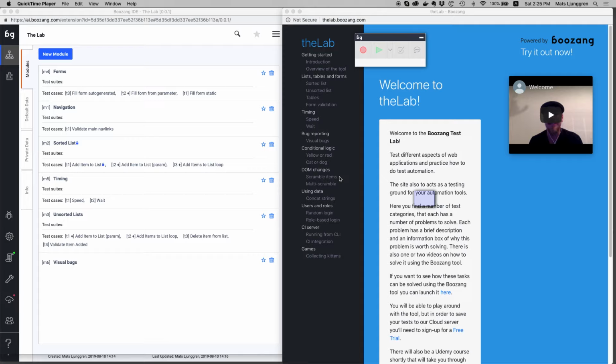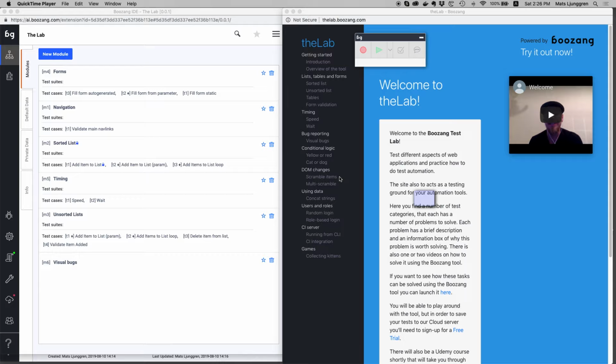Now that we learned about data handling and also speed and weights, there is also something that is a little bit particular to Busang, and it's how we handle conditional logic. The typical case you want to do is when you handle a precondition. For instance, you want to make sure that a user is logged in before starting a test. But of course, if the user is not logged in, you might want to run the login test case and